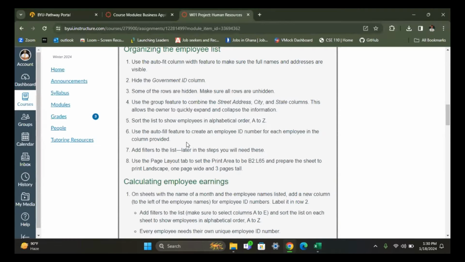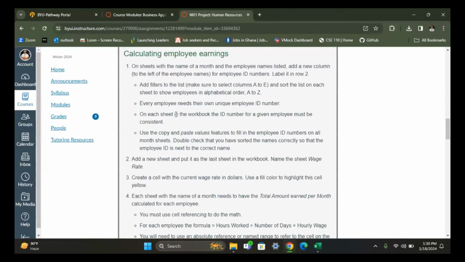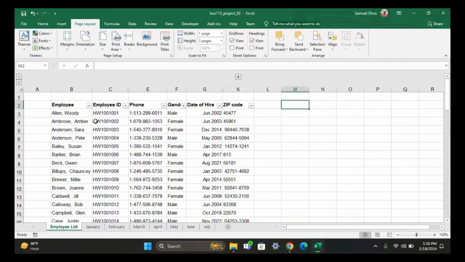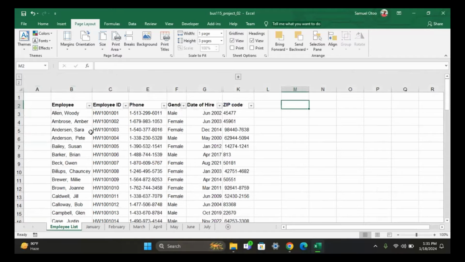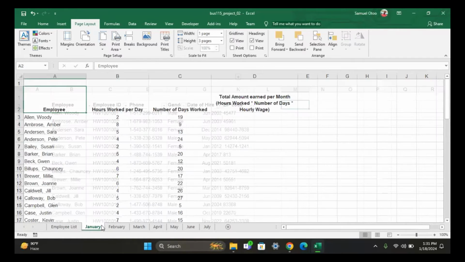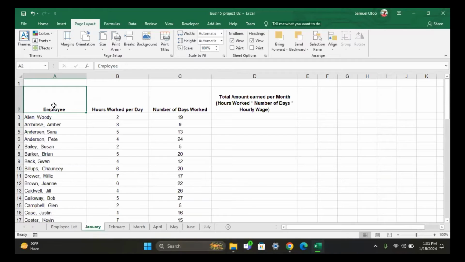Okay, so let's go to calculating employee earnings. Okay, so it says that number one, on the sheet with the name of month and the employee's name listed, add a new column to the left of the employee names for employee ID numbers. Label it in row 2. Okay, so what we are going to do is that this employee ID that we created, we are going to create it for all the employees here. Okay, so we are going to give it to them according to what has been shown here. Okay, so I advise that first of all, do what? You first of all